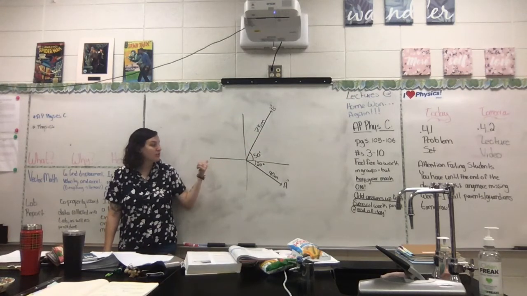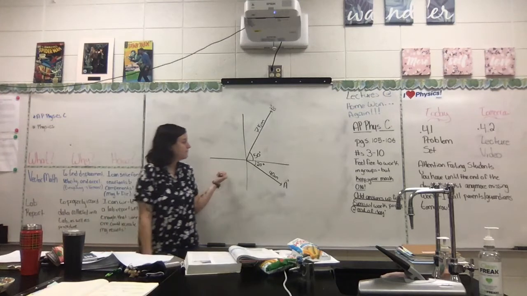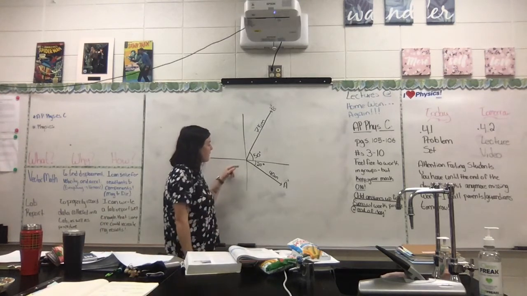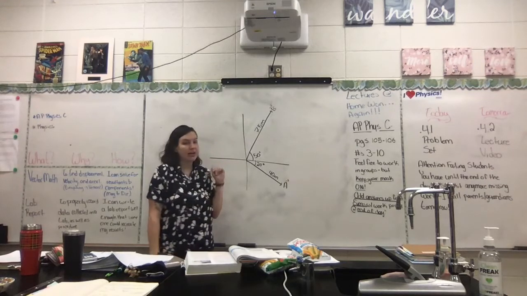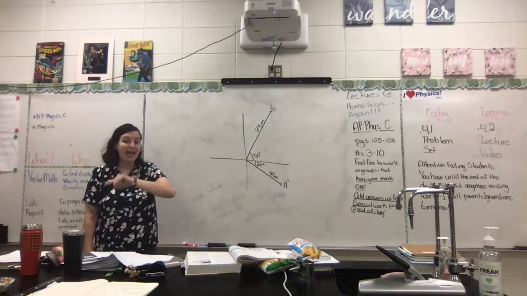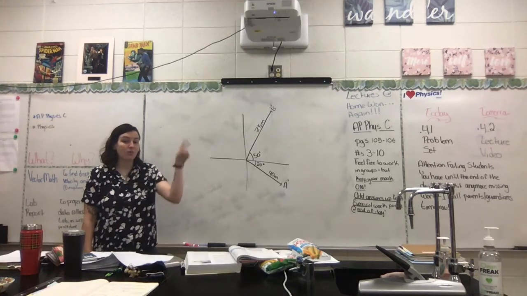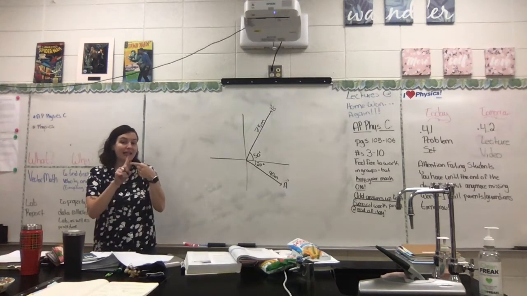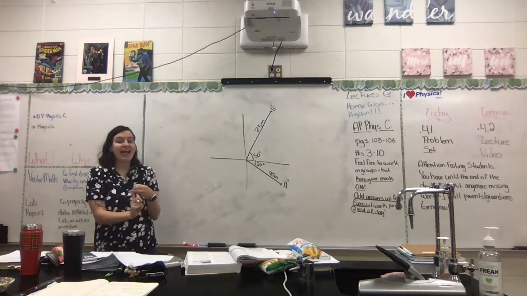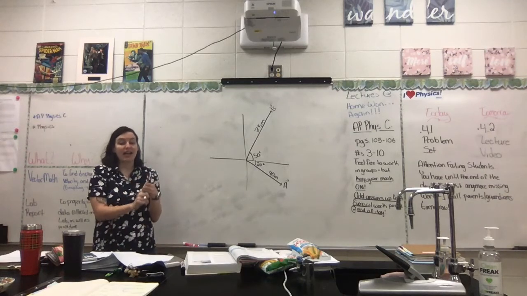Now remember, when you're solving for C, you're going to want to be doing it from where you start to where you end. Remember, you need to solve for the x components and the y components, and then add them together. Do the Pythagorean theorem to find the magnitude of the vector, and then use either sine, cosine, or tangent to find the